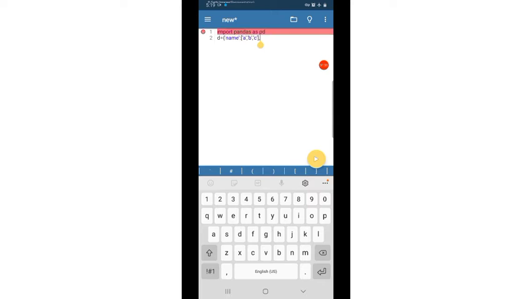Then age, colon, square brackets, 22, 22, 33, comma, in single quotes, score, colon, then in square brackets 22, 23, 25.